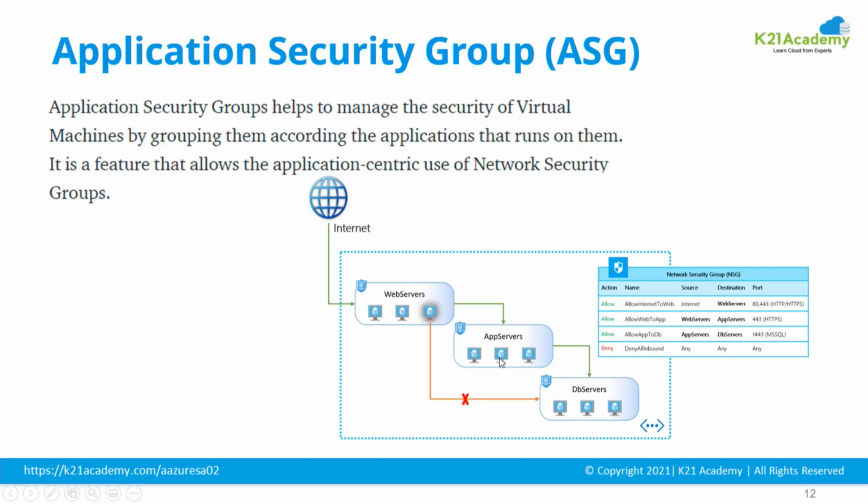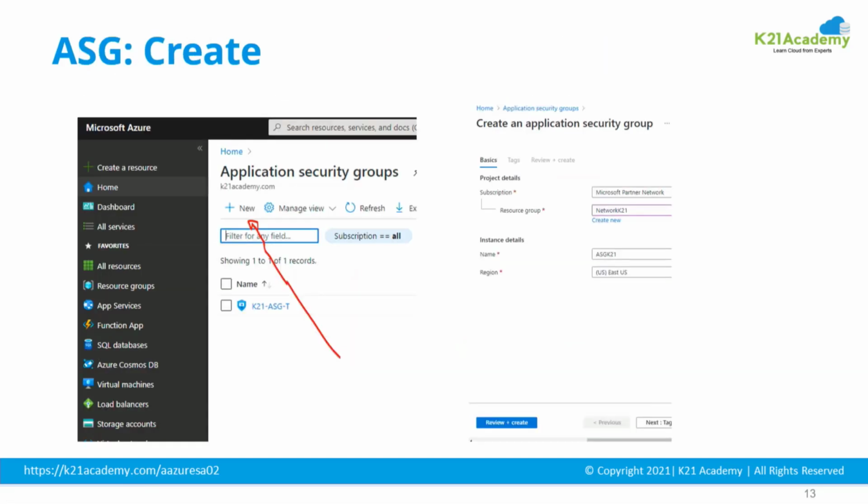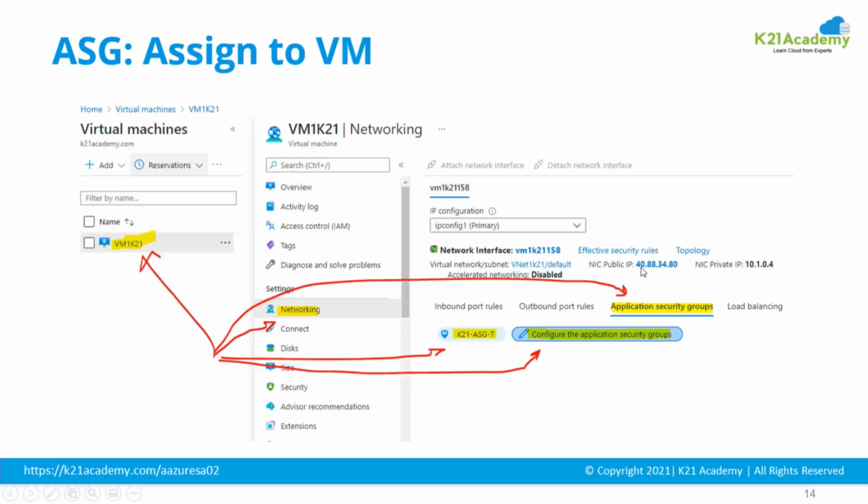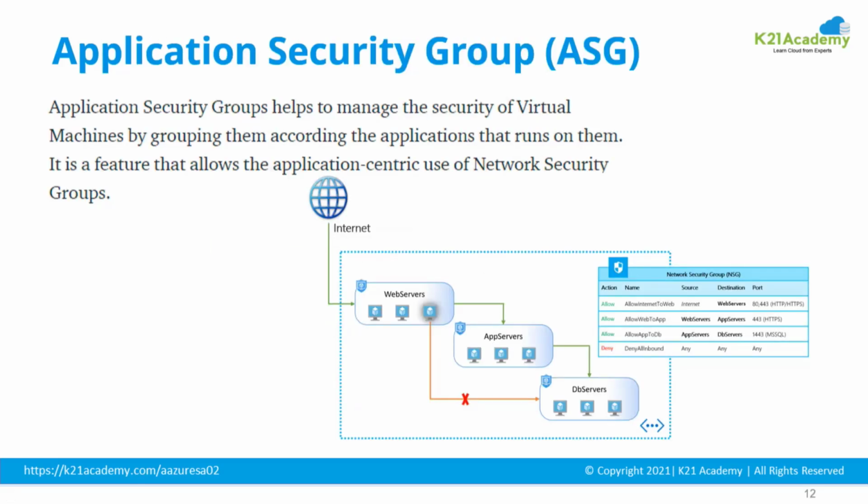Similarly, these set of machines are part of this application server group. And then later you can use these application security groups in the network security group rules to allow a source port or source range. So what you're going to do is say app servers allow connections on port, whatever the app server port number is, for example, 8080, but only from an application security group such as web server. That way, you don't need to specify the source IPs of these web servers